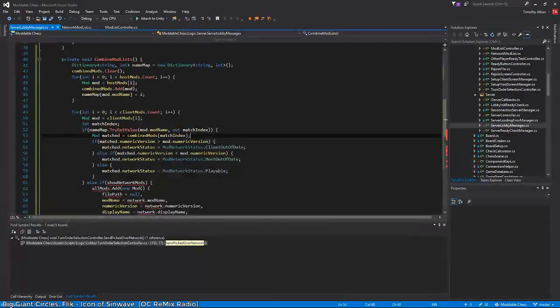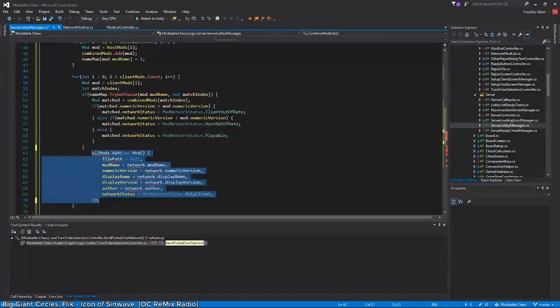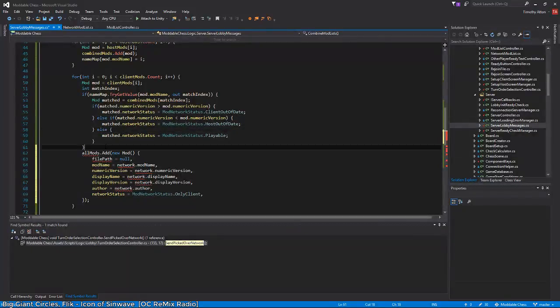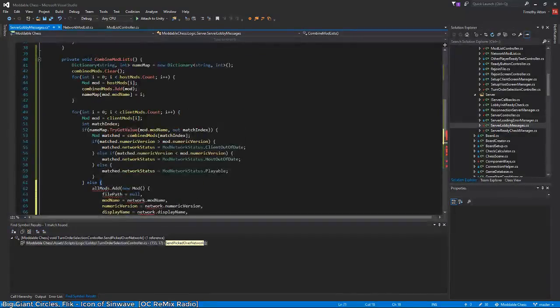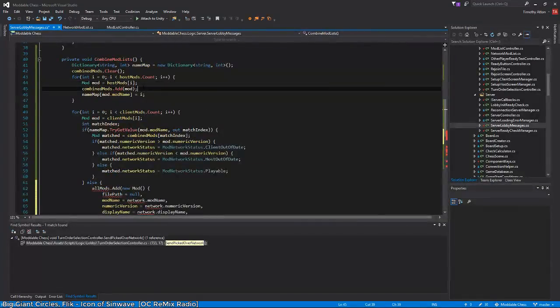Okay, so right, so we did the host mods first, so if it already exists, then we know that the client mod is out of date. Yes, that's all good. Okay, the server doesn't care about this, so alright, but we still need an else. Alright, then we need to say